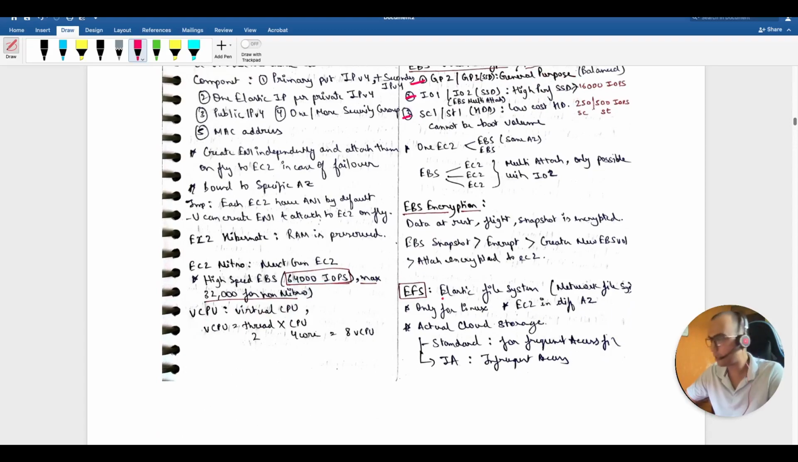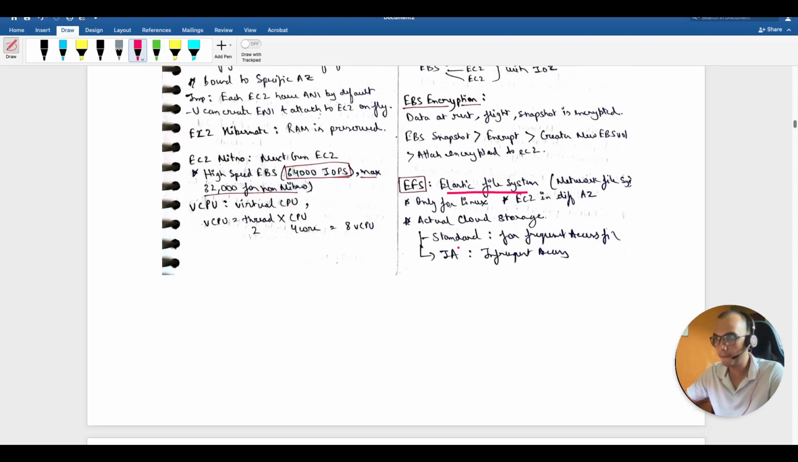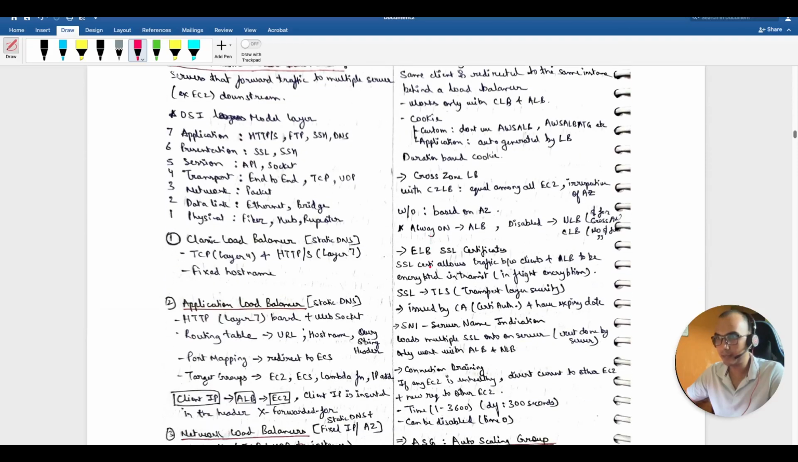Okay, now coming to the file system. This is also a kind of storage, but this is detached storage, kind of a network storage. Okay, so after this,